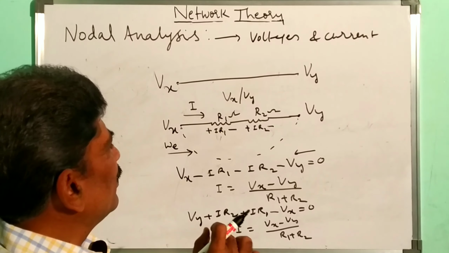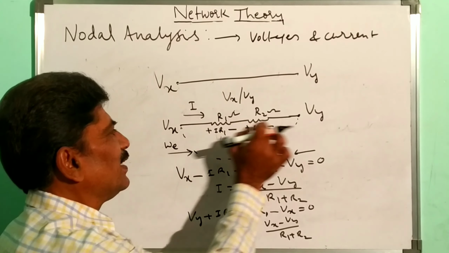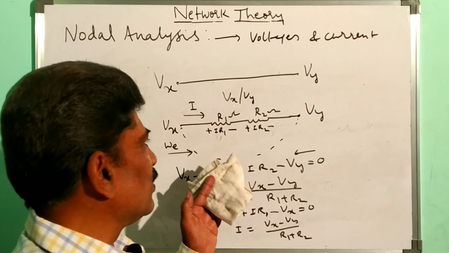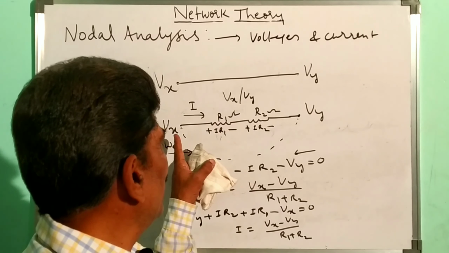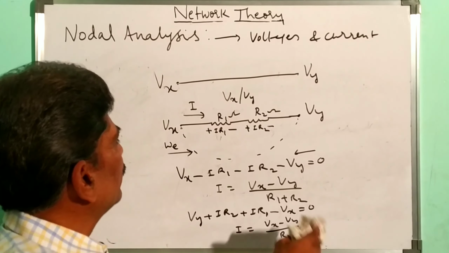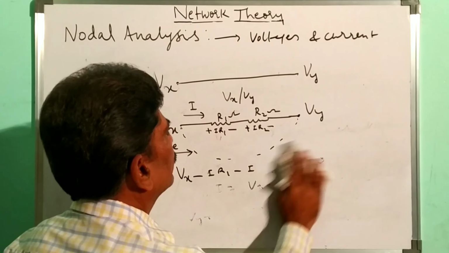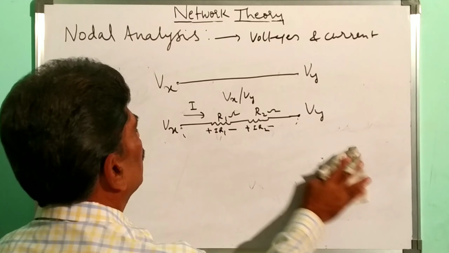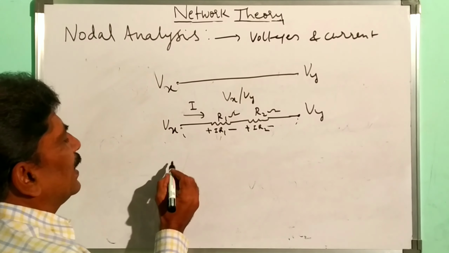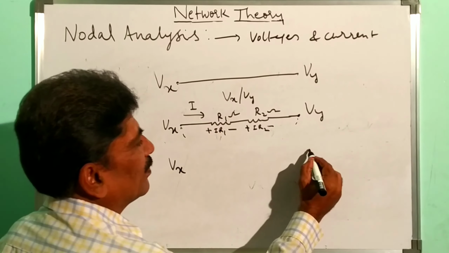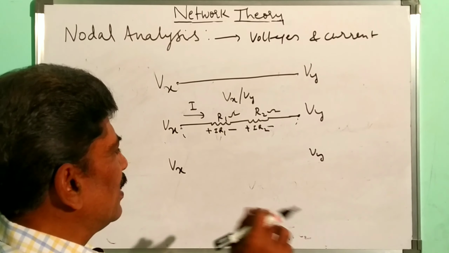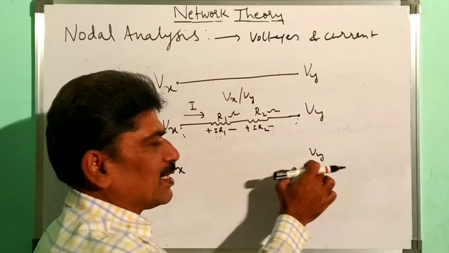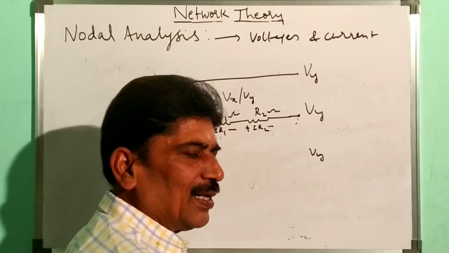Okay? Another combination will be some voltages between Vx and Vy, or only one voltage. Let us consider only voltages now. After that we will combine these two, voltages as well as resistances between Vx and Vy. So the next situation, Vx and Vy are the node voltages. We have considered two principal nodes and two non-reference nodes. If this is a reference node, this potential will be 0. Just assign 0 to that, you will get the answer.